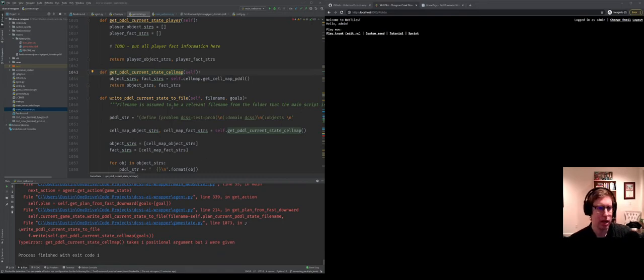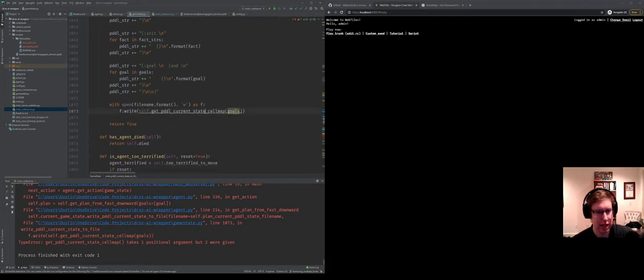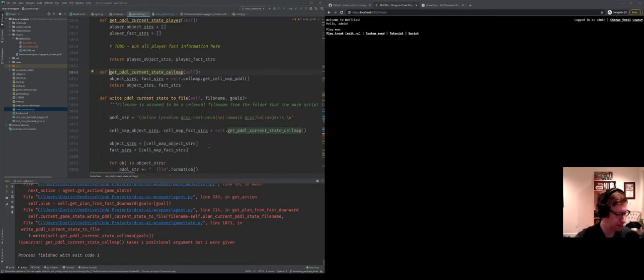Okay. Coding while streaming is an interesting thing. So we have, this wants to take a file name and goals. And what we're doing is, the game state object has a few different features. It has an inventory, it has a cell map, which contains all the cells. And